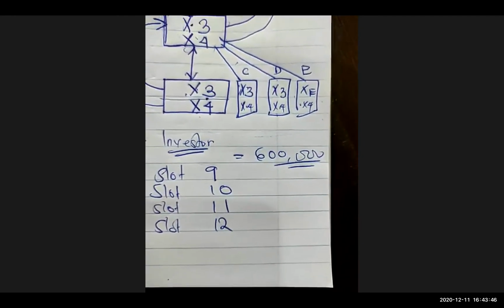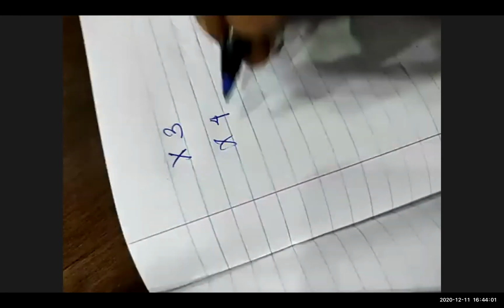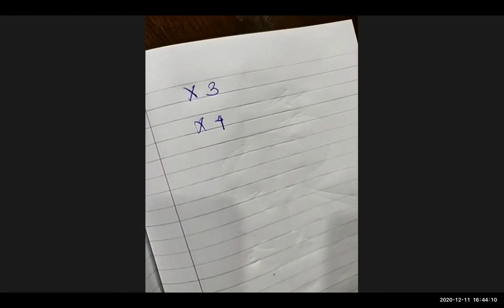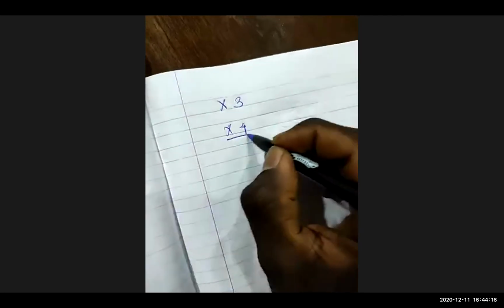All right? Now, this is what I'd advise. This is what I'd advise on a professional level. What I'm going to advise is that I'd prefer you go for both X3 and X4. Why? Remember, there's a possibility that you can share to anyone. It could be a brother, it could be a sister, it could be anyone else, it could be a friend. Now, why is that? Because if you only have X4,